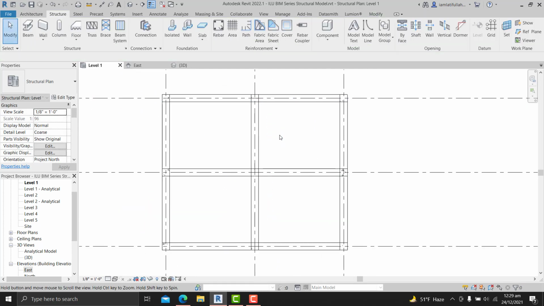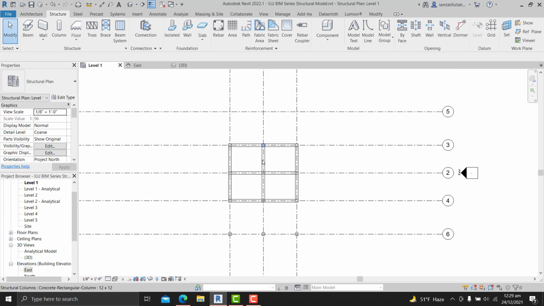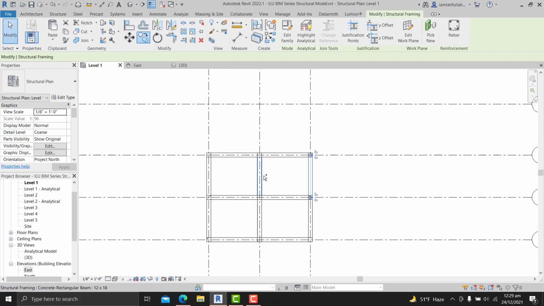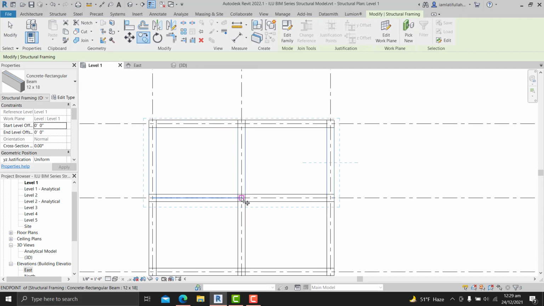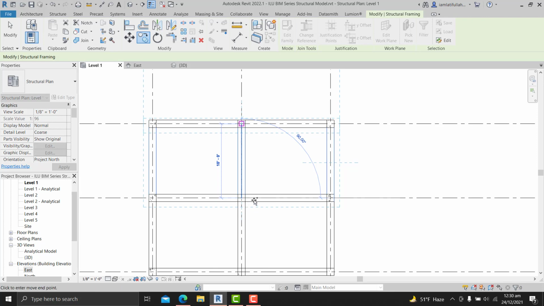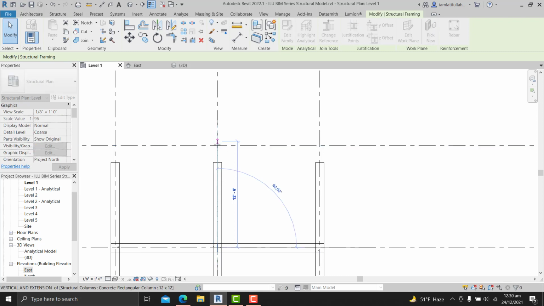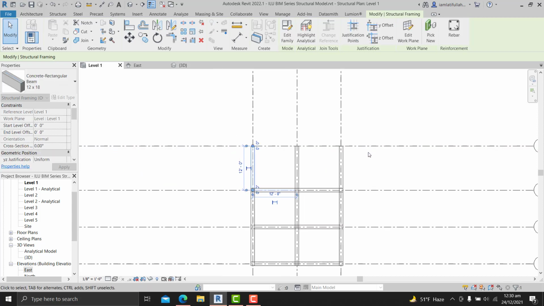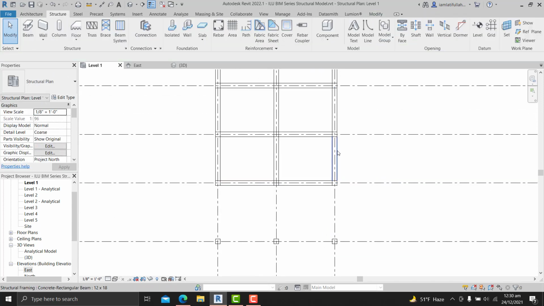So this beam is created. As I mentioned earlier, I wanted to make this portion cantilever, so I would extend these beams to this portion too. So I will copy it from the intersection of this, and let's paste it here. So you see these are like here, so we can extend its length to the end of the grid line. And also we don't have any of these columns here, so we can also